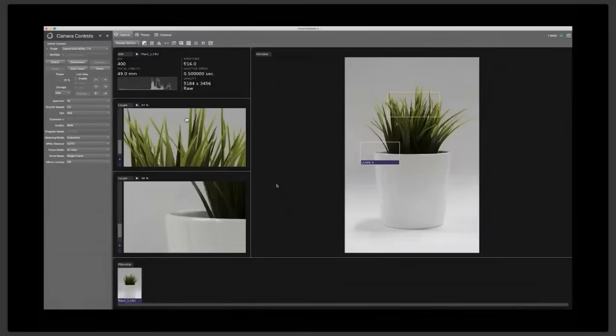And if I'm viewing this on my laptop, or maybe I have a cable going out to an external monitor, I can be away from my computer shooting, looking up at my screen, and because I have a zoomed in view, I don't have to be right at the computer to check focus. I could see that from a couple feet away and know, okay, I'm getting it, I'm getting it, I'm getting it, to give me all the confidence in the world that when I get back to the studio and I